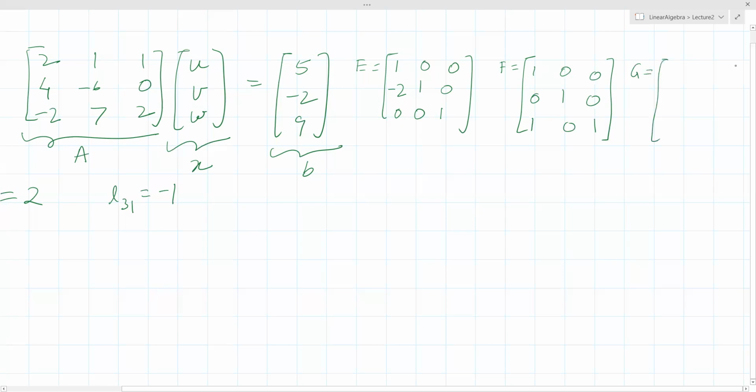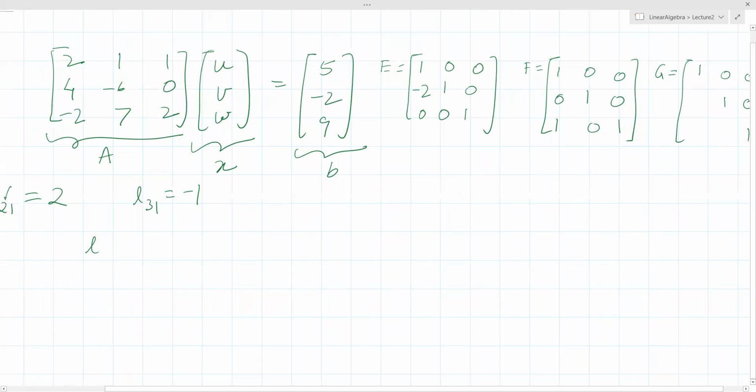The third step is that the corresponding matrix is called G. It is an identity. We start from the identity matrix and then add a particular element there. So what will be the third element that I need to add? What will be L22? L22, no, L32? You only subtract from something else. L22 would mean subtracting 2 from 2. There is no use of that. Is that all right, Medha?